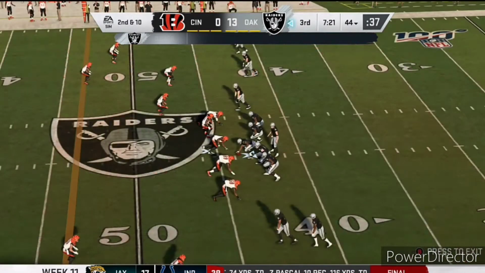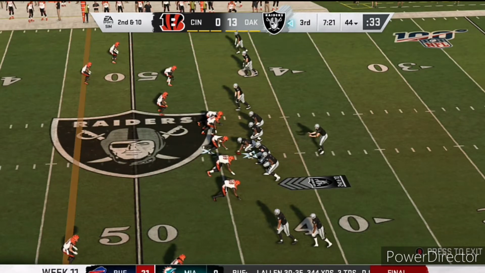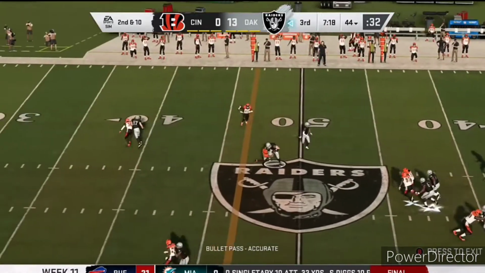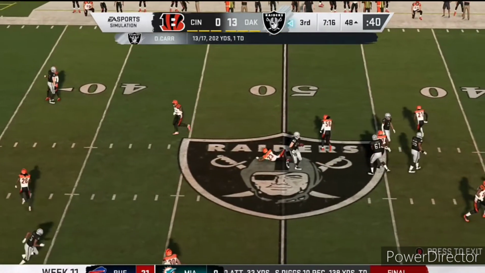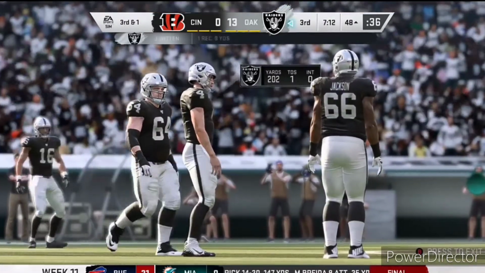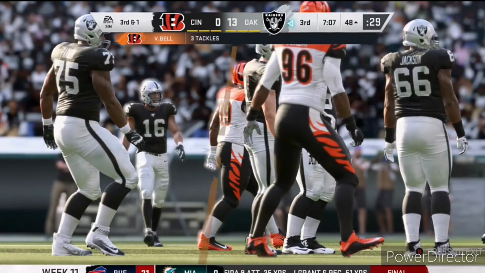That could have been a pick 6, as that will make it 2nd and 10 on the incompletion. Derek Carr in the 5 wide, stands at his own 39-yard line, as he will be stopped short of the first down marker, as he fires over to Jason Witten over the middle, and that will make it 3rd and 1 at the 48-yard line of Cincinnati territory,